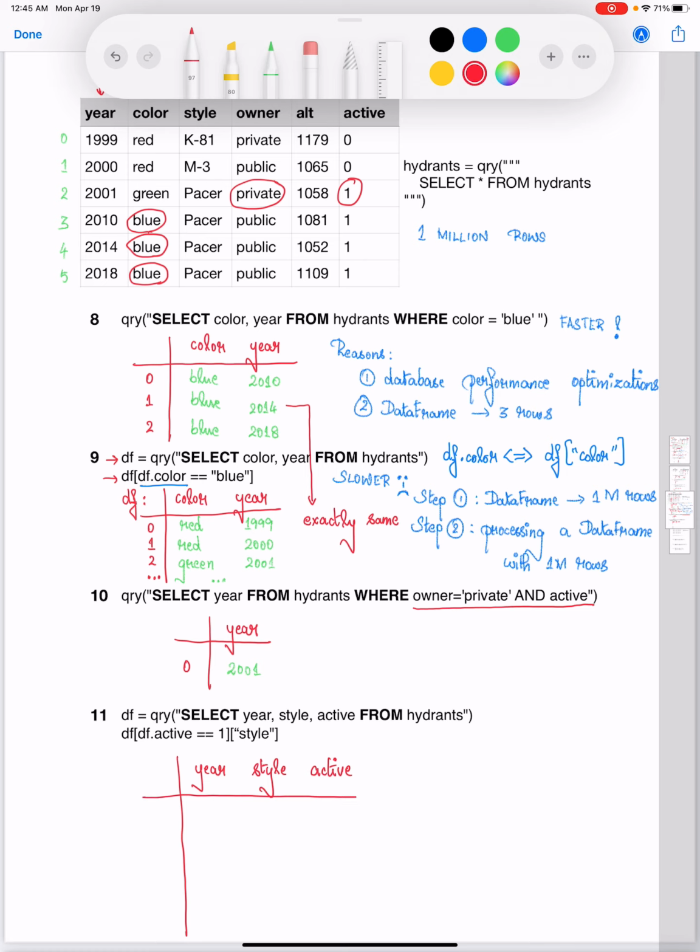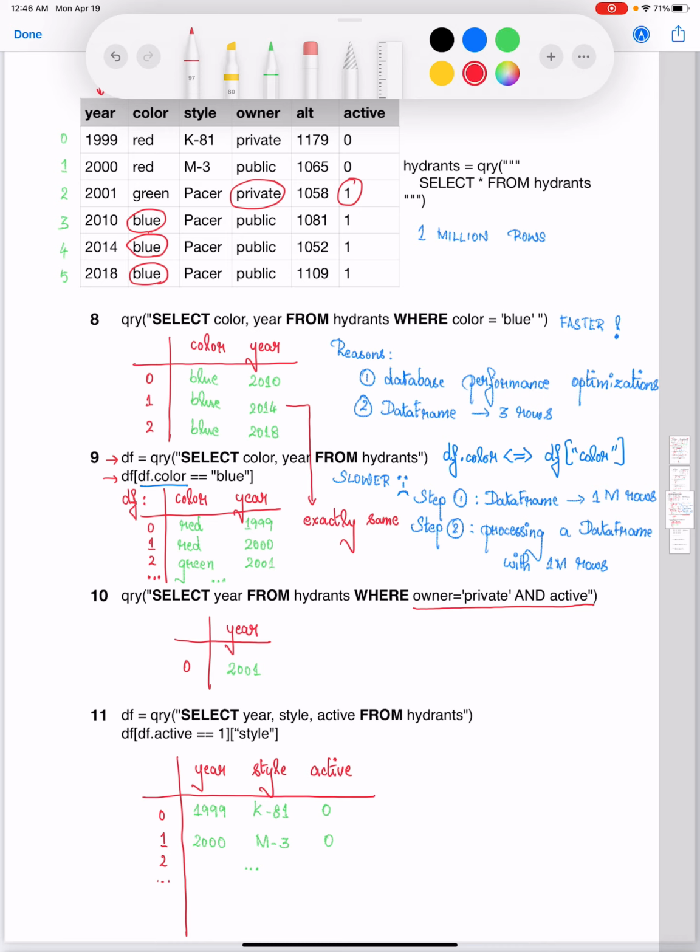And the row index is going to be from 0, 1, 2, etc. The corresponding values will be, let me see, year is going to be 1999, style is going to be K-81, active is going to be 0. For the second row you're going to get 2000, the style is going to be M3 and your active is going to be 0, and you'll keep populating the remaining data frame like this.